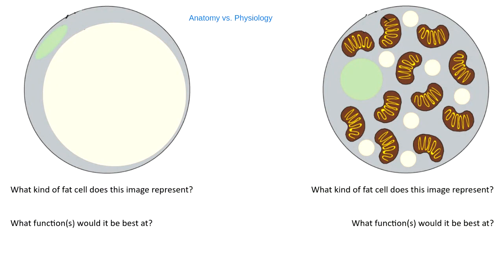Okay, so let's add what we had before. We had anatomy versus physiology. And you guys told me that anatomy is basically what's there, what it looks like. It's all about structures. So I'm looking at a cartoon of the two kinds of fat cells in the body. The two kinds of fat cells that we had